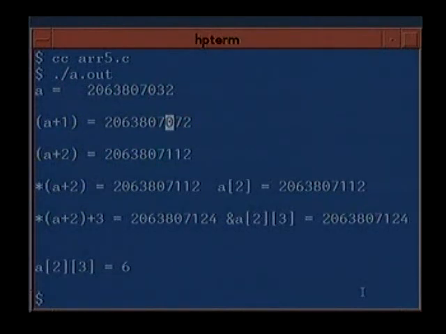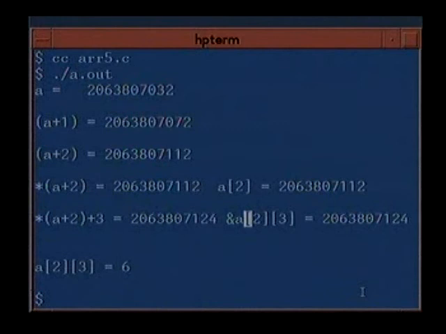You remember we declared it. So A plus 1 will give you the address of &A[1][0]. Similarly, A plus 2 is another 40 bytes. Content of A plus 2 is the same as A[2], which is the same as &A[2][0], because A plus 2 is &A[2][0]. So all these three will be identical.